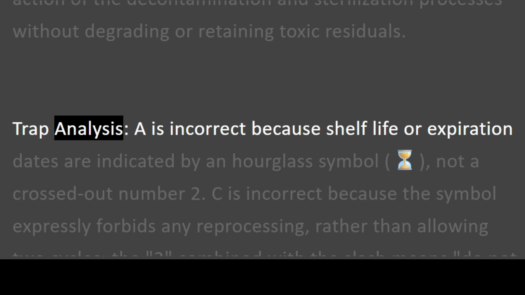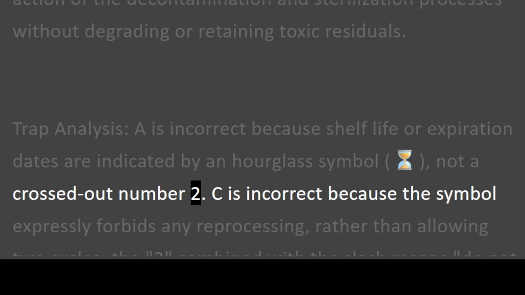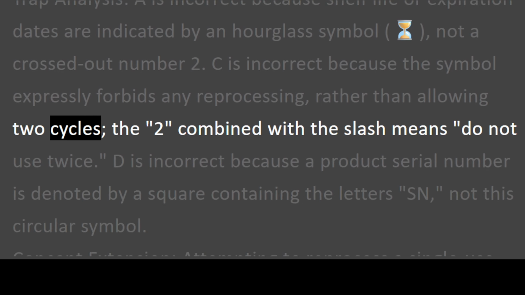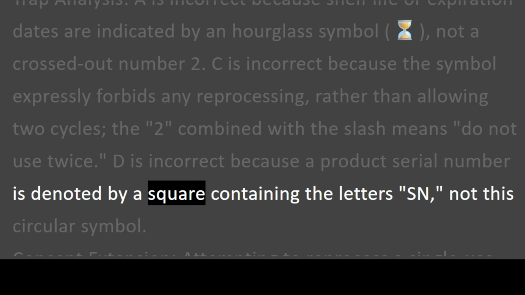Trap analysis. A is incorrect because shelf life or expiration dates are indicated by an hourglass symbol, not a crossed out number 2. C is incorrect because the symbol expressly forbids any reprocessing, rather than allowing 2 cycles. The 2 combined with the slash means do not use twice. D is incorrect because a product serial number is denoted by a square containing the letters SN, not this circular